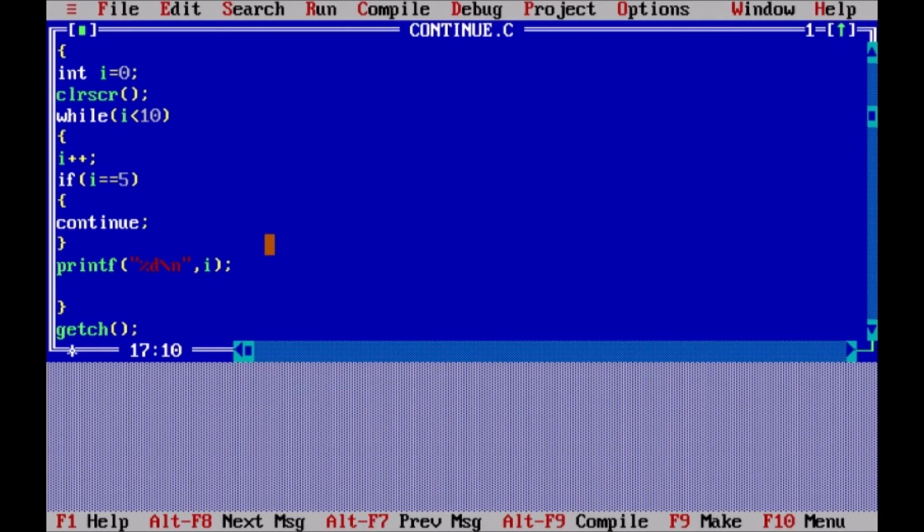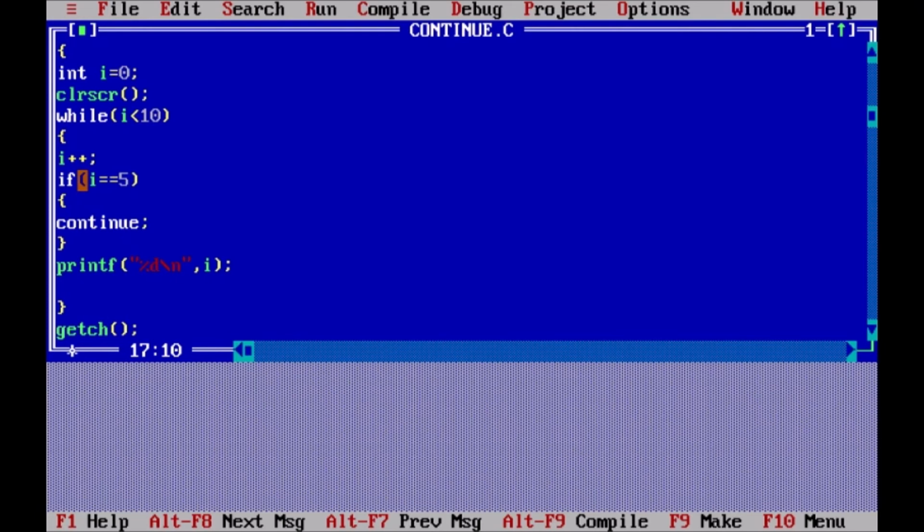The same thing happens from number 1 to 4. Every time checking is done and every time the condition fails. But when the value becomes 5 here, this condition will become true and this printf statement will be skipped, because after encountering continue, these statements will be ignored and the iteration will be cancelled. The condition part will be checked here and again the loop will start executing. So this is how continue can be used.